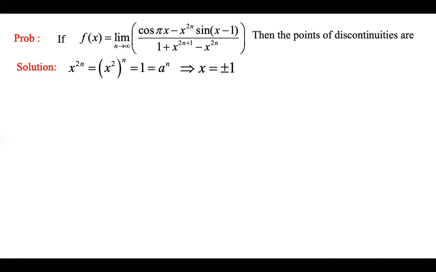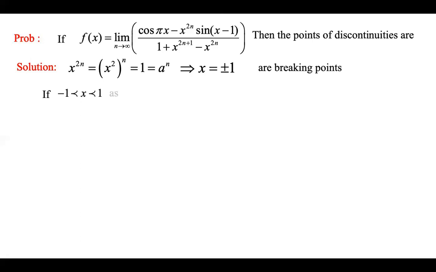So now we are supposed to see in the problem what happens exactly at x equal to plus 1, what happens at minus 1, what happens in between them, what happens lesser than minus 1, and what happens greater than plus 1. That is all we are supposed to see in all the cases. Therefore, x equal to plus minus 1 are the breaking points. Once two breaking points are given, the whole real line is broken into 3 parts. In those 3 parts, and at exactly plus 1 and minus 1 also, we will see the behavior of the function. So when x is in between minus 1 to plus 1, the middle piece, I am checking now.